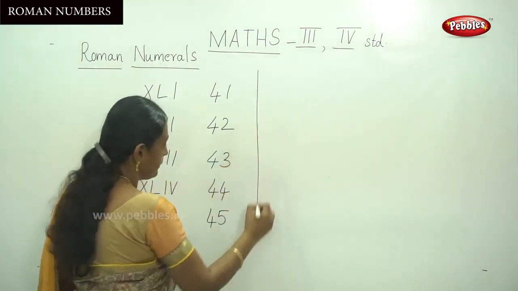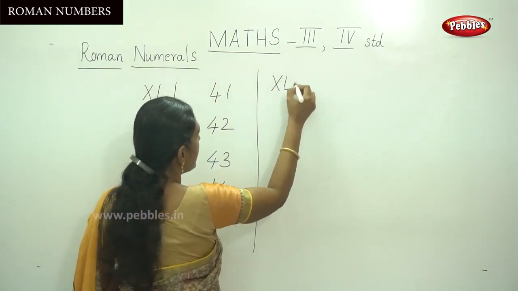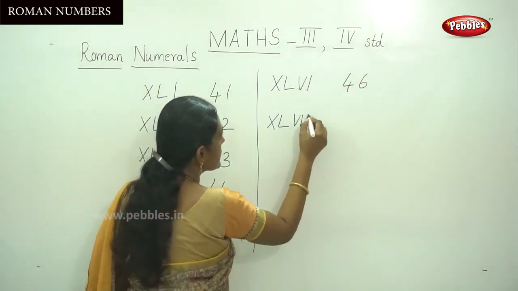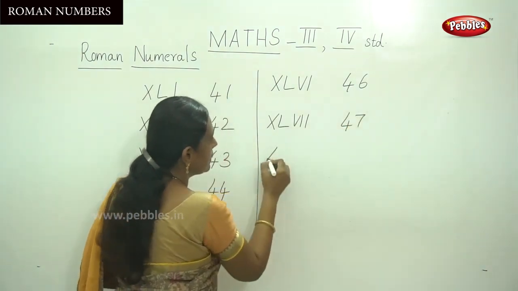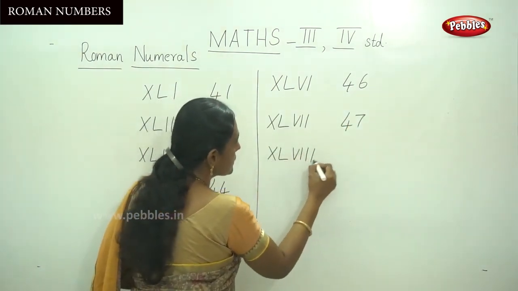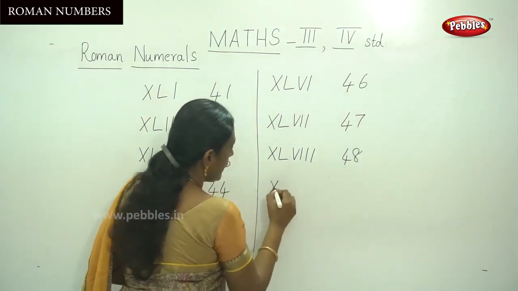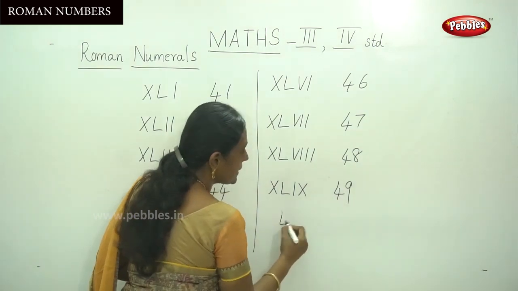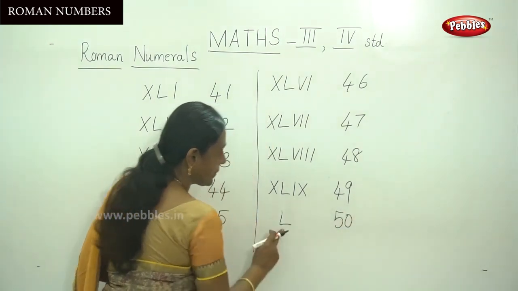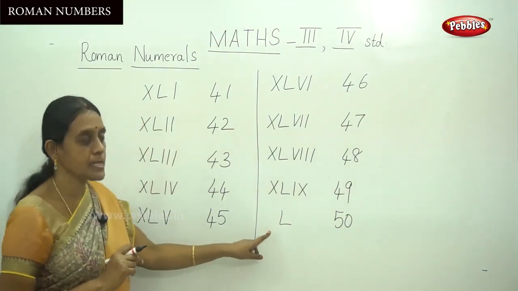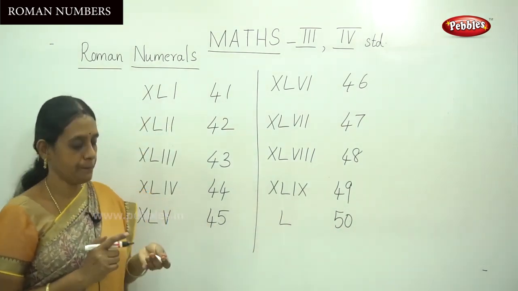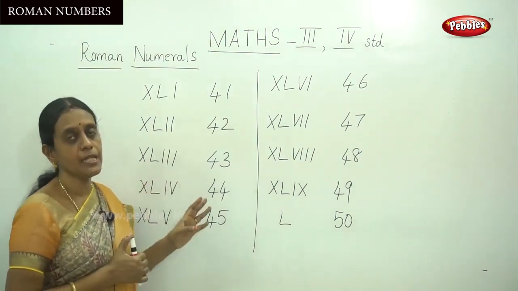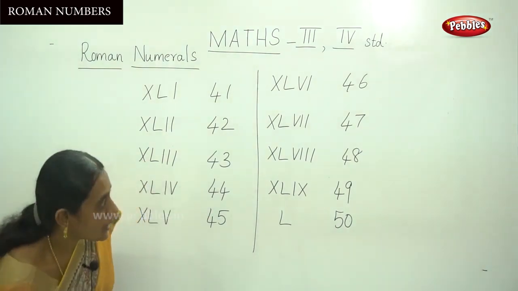XL6, 46. XL7, 47. XL8, 48. XL9, 49. And 50 is L. L is the Roman numeral symbol for 50. Okay, so we have finished the numbers from 1 to 50 in Roman numerals, and I have to write one more